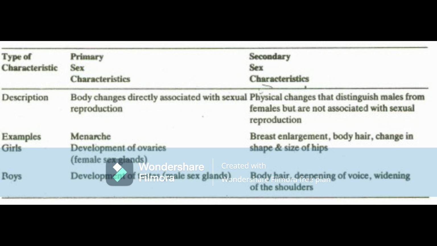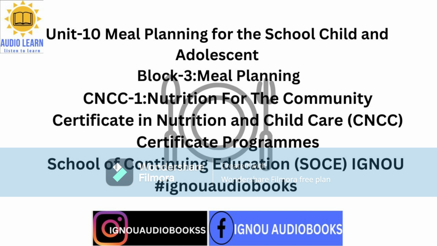The physiological changes we have just described mark the onset of puberty. You would probably have heard this term before. What does it mean? Puberty refers to the physiological changes involved in sexual maturation as well as the other changes that occur during the period of adolescence. Once these changes have taken place, i.e., at the end of puberty, sexual reproduction becomes possible.